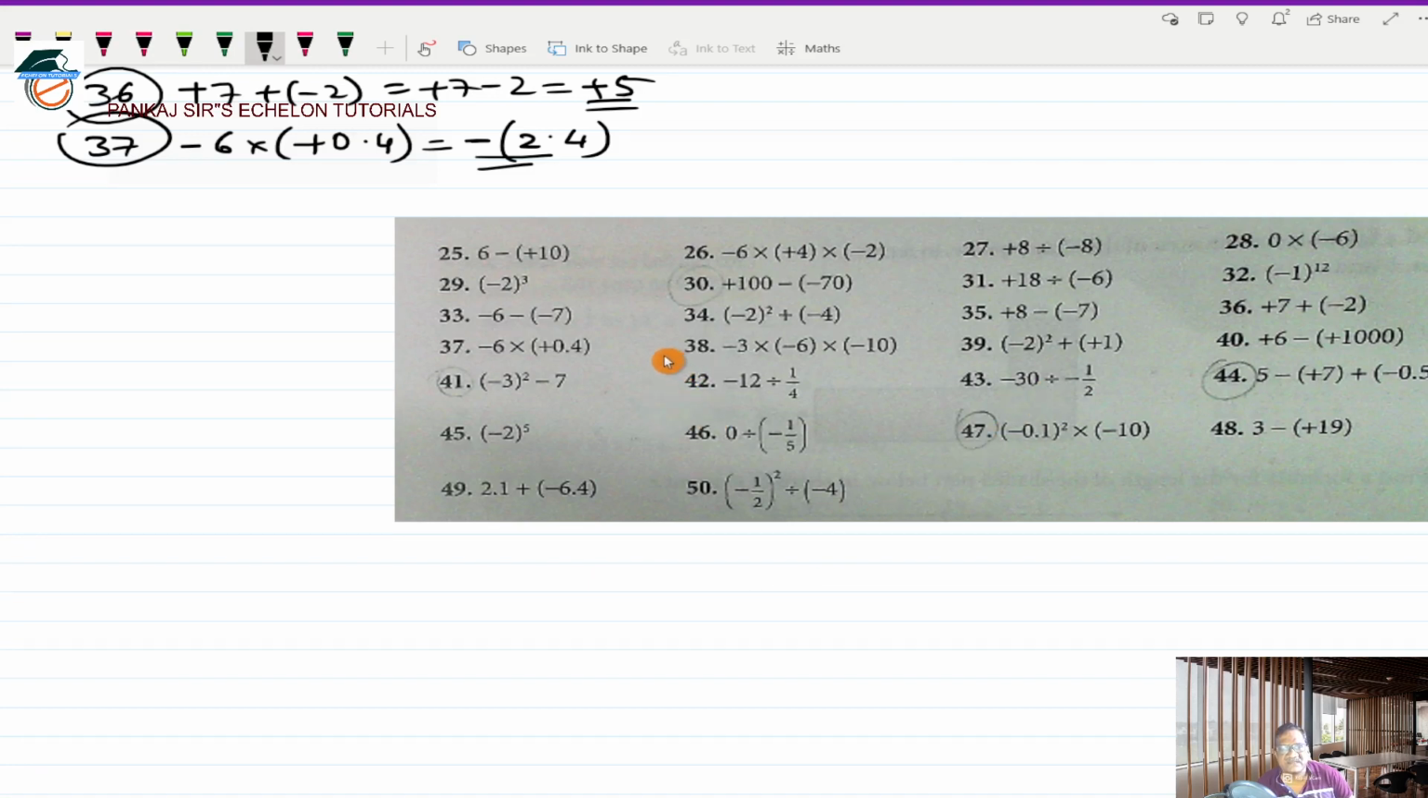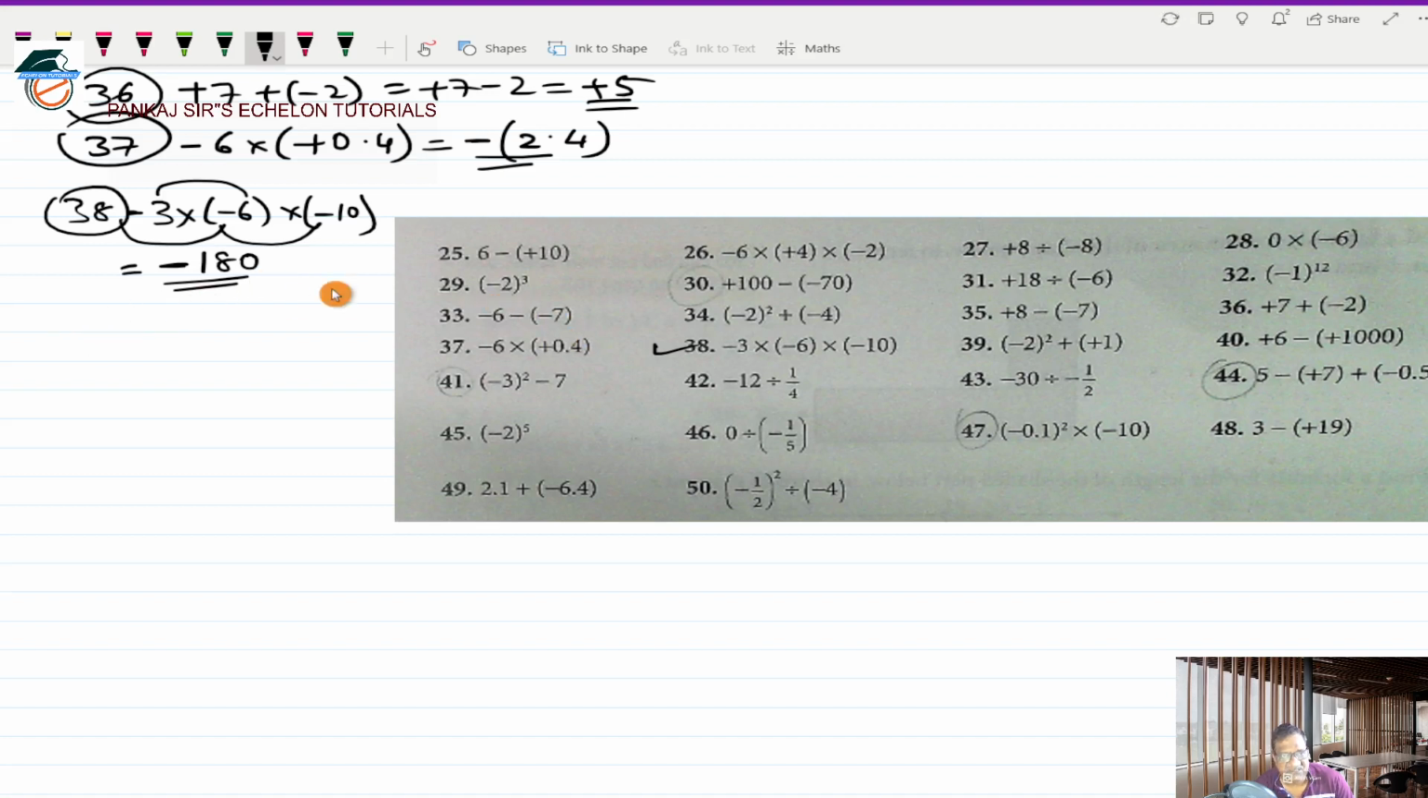Question number 38 is a minus 3 multiplied by a minus 6 multiplied by a minus 10. So minus into minus is plus, plus into minus is minus, so I'll write a minus over here. And 6 into 3 is 18, 18 into 10 is 180, so my final answer will be a minus 180. 38 answer is minus 180. 39,